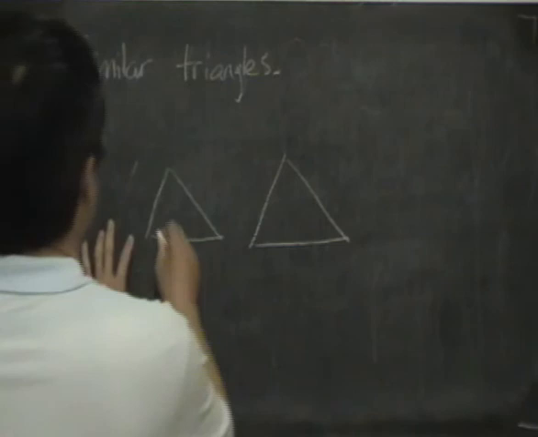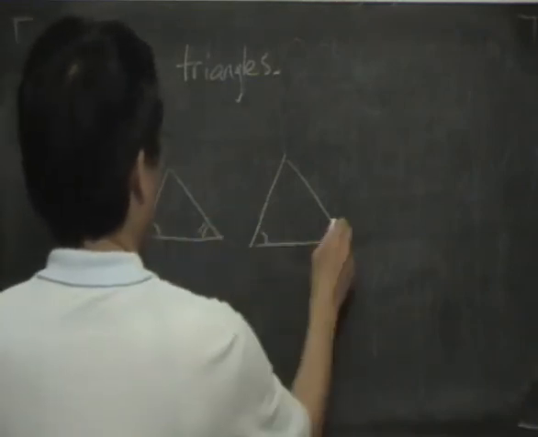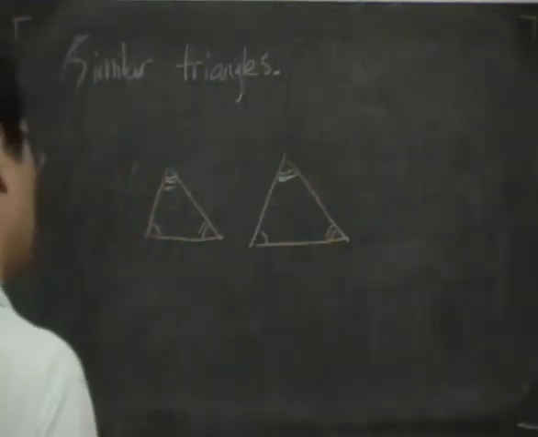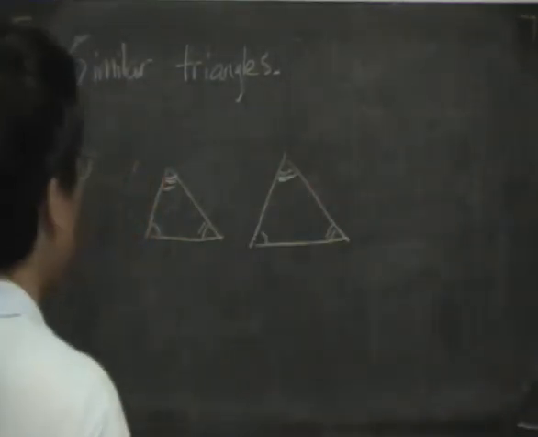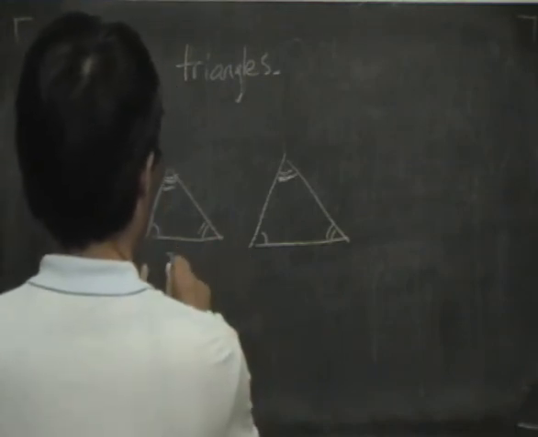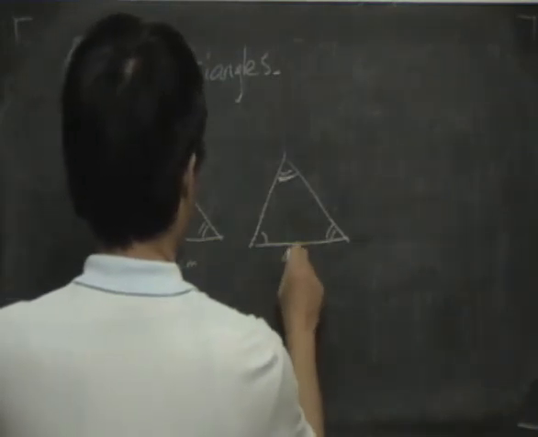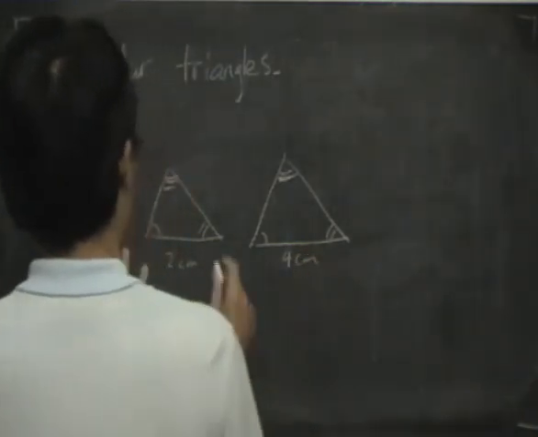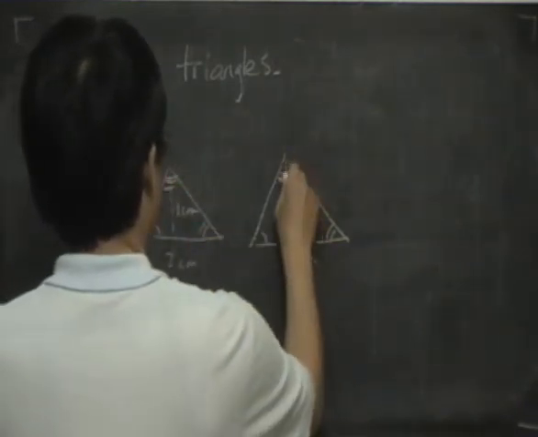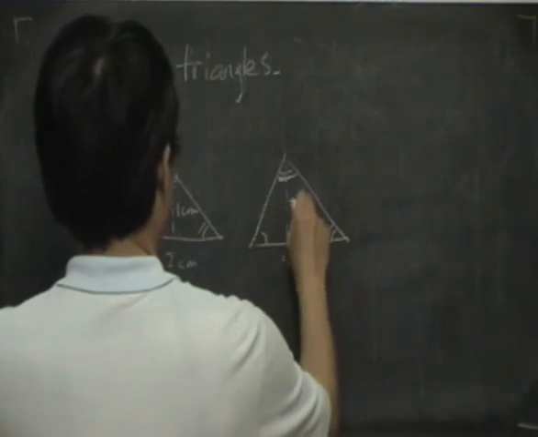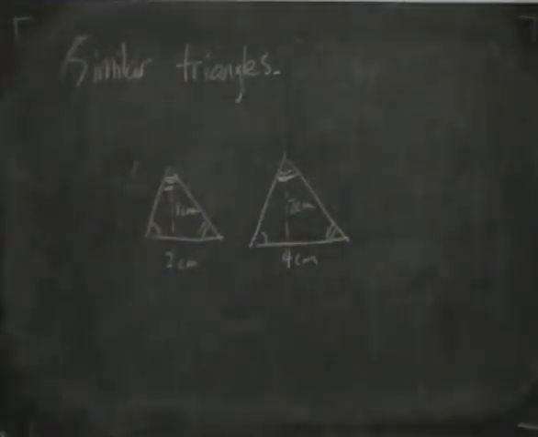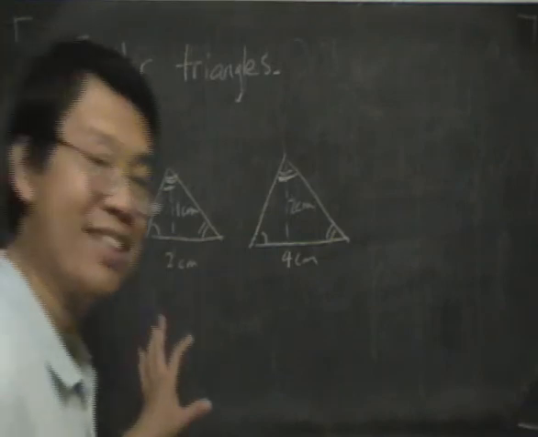Suppose I have 2 similar triangles. Now suppose that this base here is 2 centimeters and this one is 4 centimeters. And that height is 1 centimeter. That height is 2 centimeters. Alright, we can see that